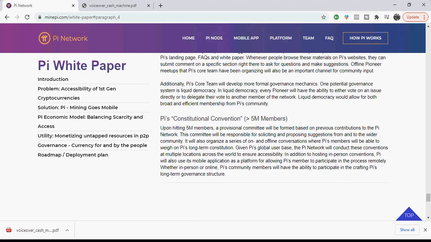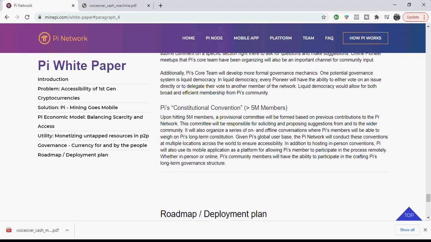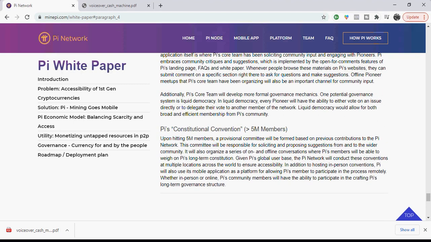Pi's Constitutional Convention, with greater than 5 million members, which is where we are now. Upon hitting 5 million members, a provisional committee will be formed based on previous contributions to the Pi network. This committee will be responsible for soliciting and proposing suggestions from and to the wider community. It will also organize a series of on and offline conversations where Pi's members will be able to weigh in on